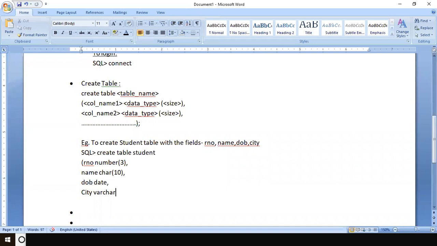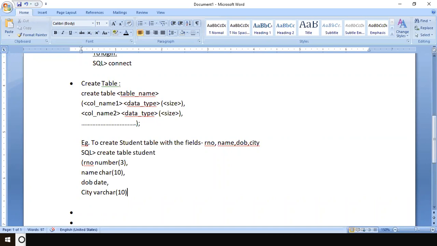Why varchar? Let me tell you the difference. Suppose you have given the size as 10 for the character data type and your name is Raju. How many characters are actually used? Only 4. The remaining 6 places are unutilized, but those 6 places will be reserved for the character data type. But in the case of varchar, Oracle dynamically selects how much size is required, even though we allocate 10 here. Depending on how many characters are utilized, the remaining space is freed for other use. That's why people popularly use varchar.